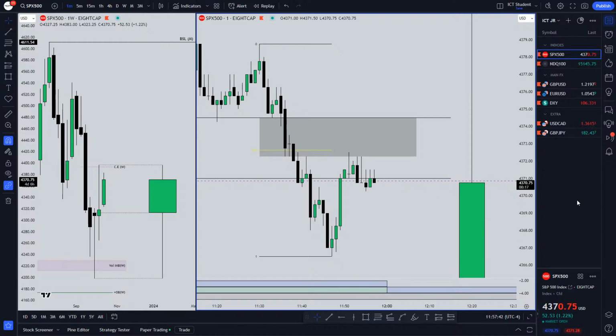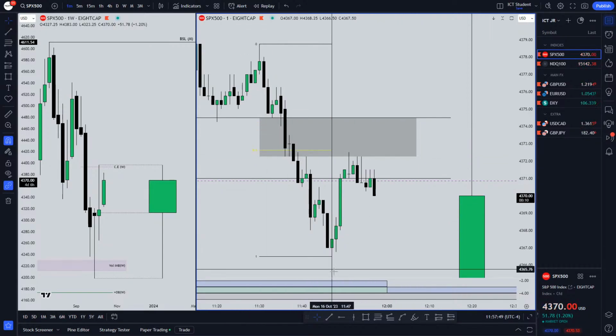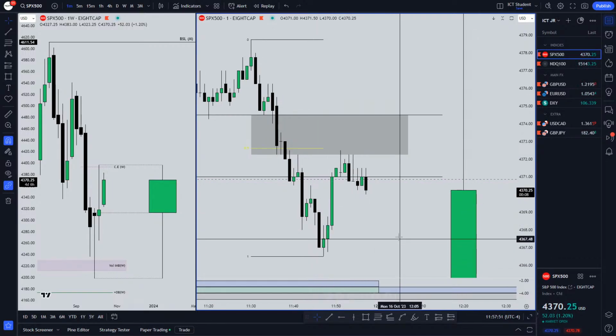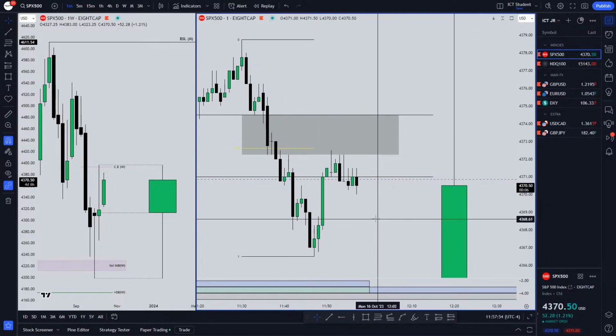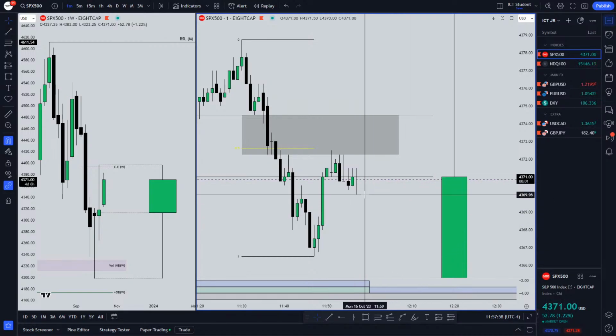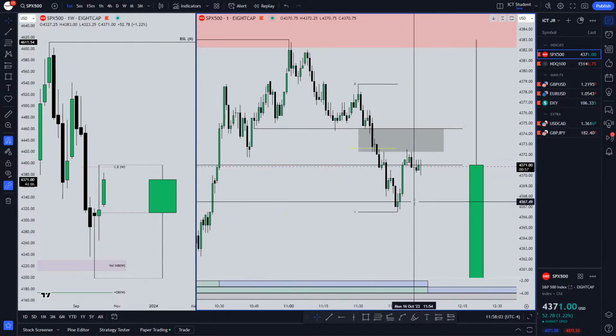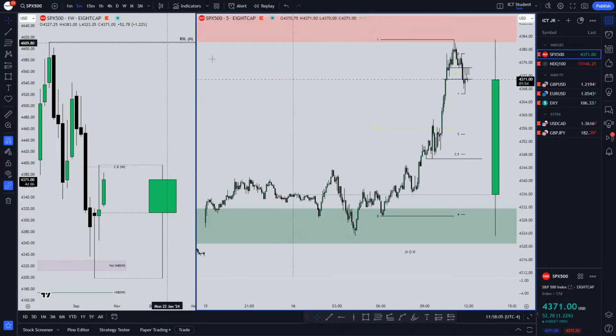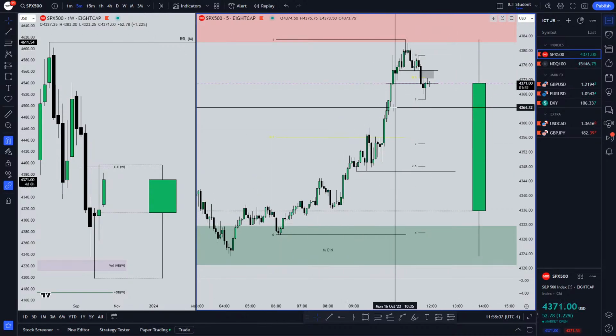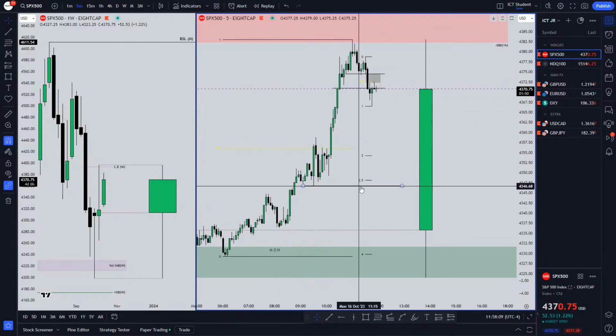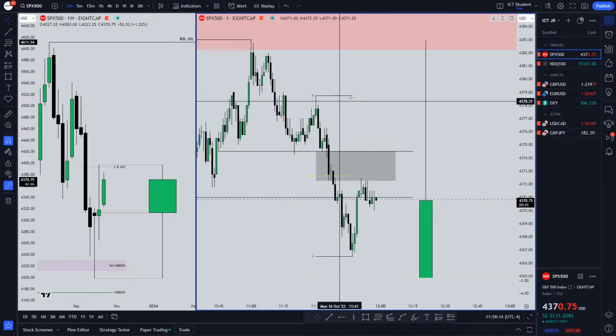So we are holding the 15-minute inverse as I showed. I wanted it to come back up into more of a premium, then drop from this daily range. But if we create a new one, I guess that would make me want to find an OTE trade. I'm just trying to be patient here. The lunch session or the new quarter better start. I want to see if we can drop back down into a discount here. That's kind of what I'm trying to anticipate from this low to this high. And then we have relative equal lows, and it's near the 2.5 level. So that is something I am watching right now.